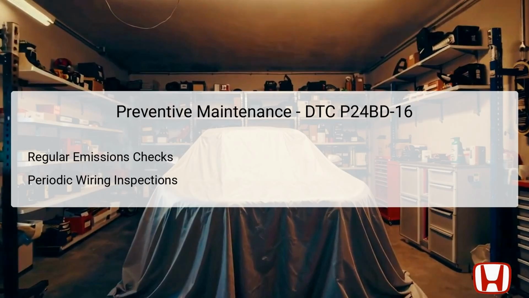To prevent future occurrences of DTC P24BD-16, implement a routine maintenance schedule that includes regular emissions checks. These checks help ensure that all components of the EVAP system are functioning correctly and can prevent issues from escalating unnoticed. In addition, conducting periodic wiring inspections enables the identification of potential issues such as corrosion or wear before they